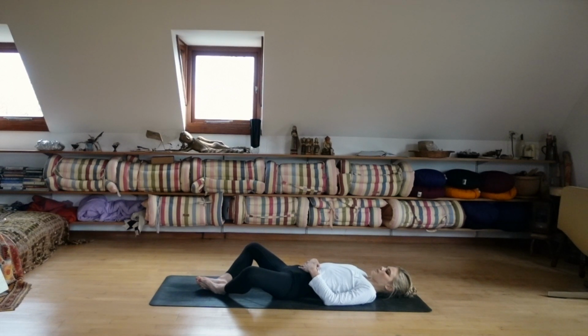You can take savasana here with the legs extended, or if you like to get an extra stretch in the inner thighs, stick with this butterfly shape. And just allow yourself a few moments of total stillness lying on your back. And now, when you're ready, slowly make your way over to lying on one side, just rolling over onto one